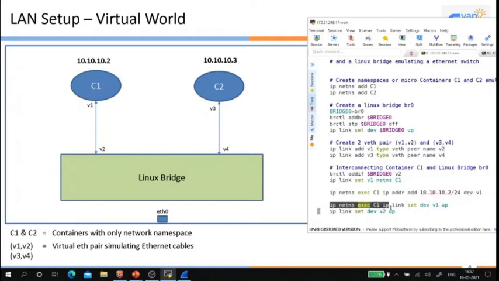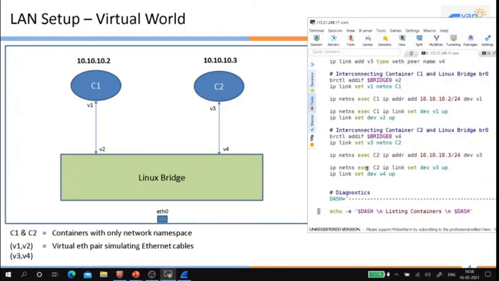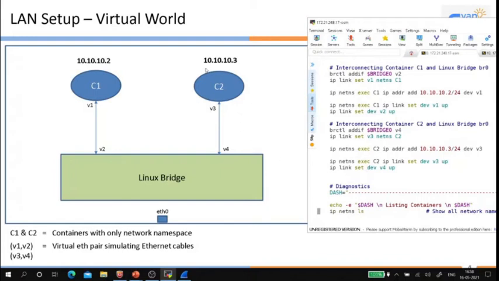Next we need to bring up these two interfaces, V1 and V2. Again, if you want to do anything inside the container, we have to go inside the container and execute this command to bring up the interface V1. Again, we need to bring up the interface V2. So now we have interconnected the container and the Linux bridge. Similarly, we need to interconnect C2 and the Linux bridge, with the same set of commands.